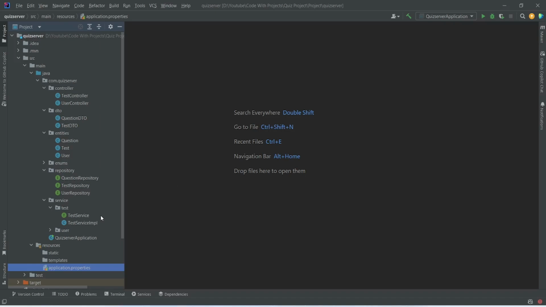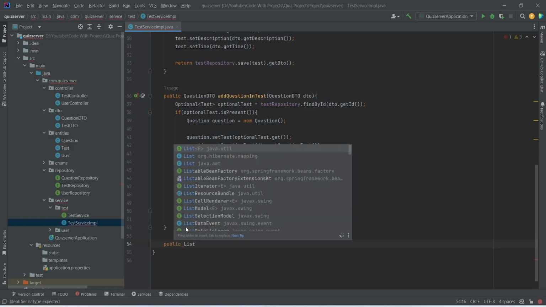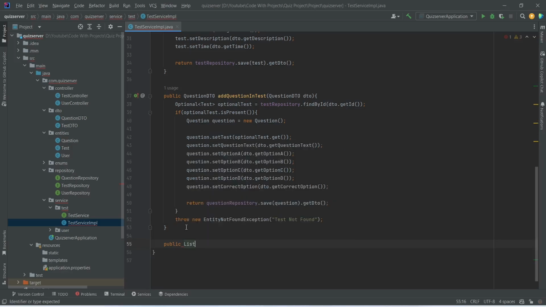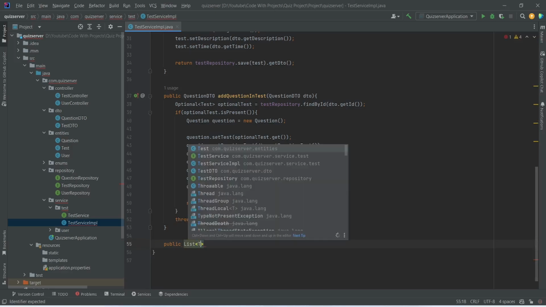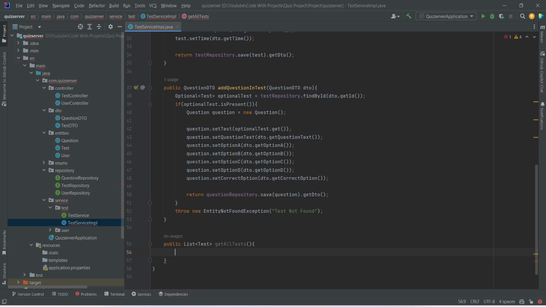we will open test service implementation, and in this class we will start writing a new method. This method will return a list, which we will import from java.util, and this will be of Test, which we will import from the quizserver.entities package. After this we will name this method getAllTest, and in the body of this function we need to get all the tests from the repository, and after this we will apply a loop, and